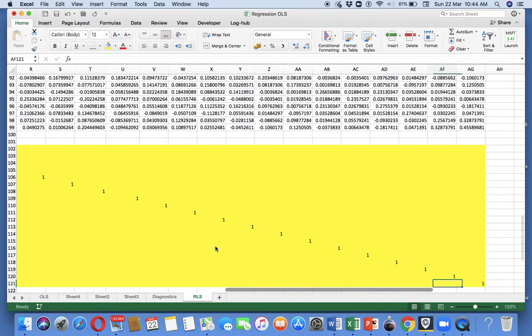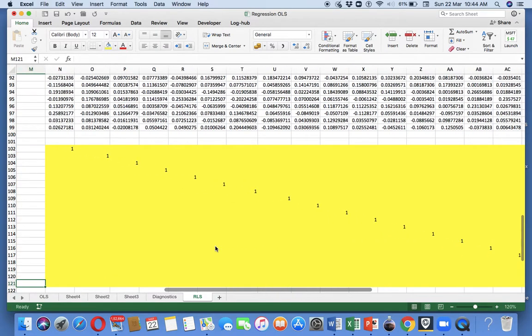This is my identity matrix, and I call it a matrix I.